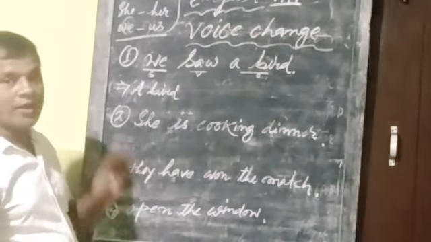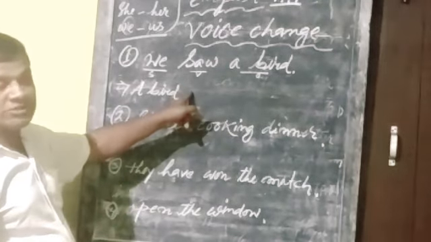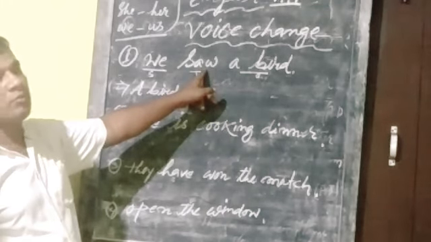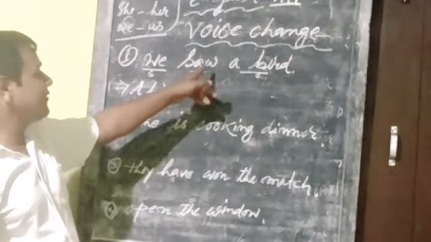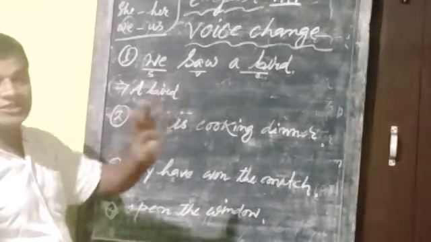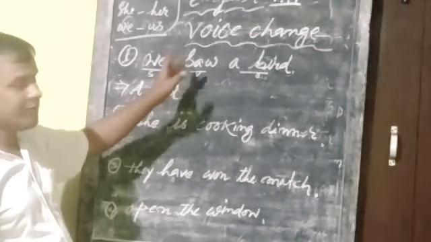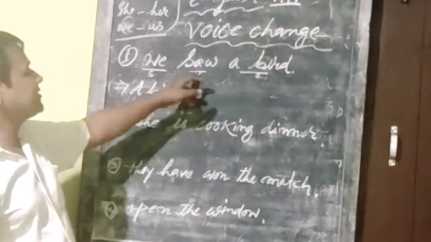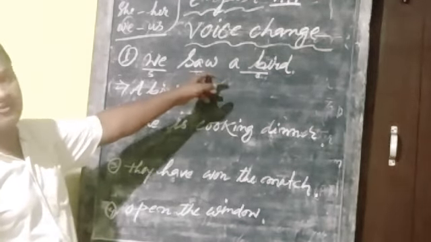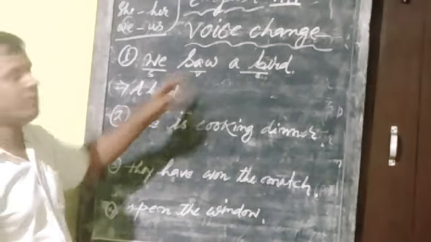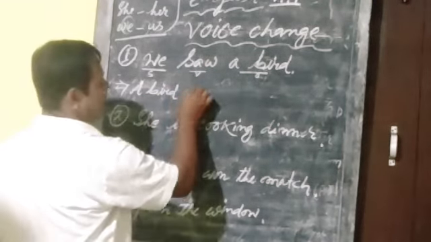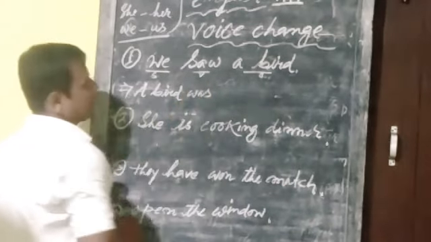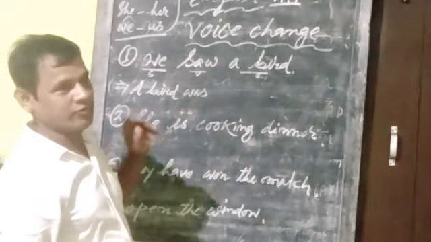Number 2, we have to write one auxiliary verb. Auxiliary verb we have to write according to the principal verb or main verb. If verb is given one form, then is or are. If verb is given two form, then was or were. So verb is given here two form: see, saw, seen. So that means verb two form, then auxiliary verb was. This is number 2 formula.